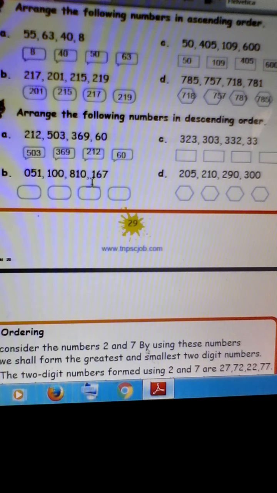Similarly here we'll check which is the bigger number. See here 810